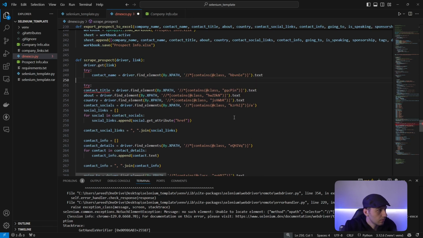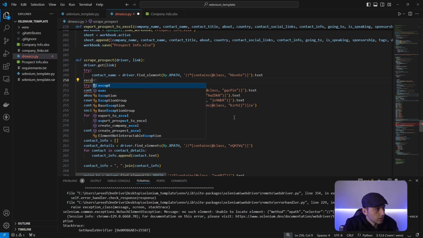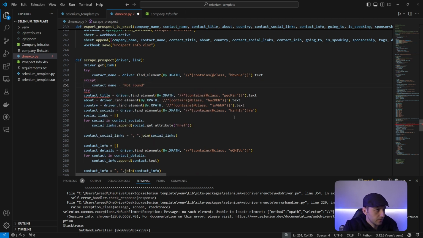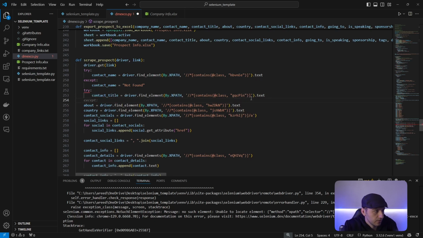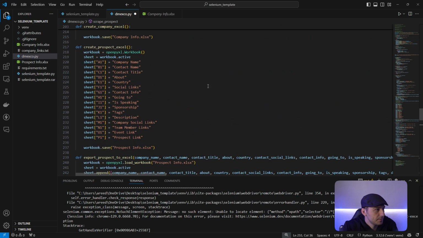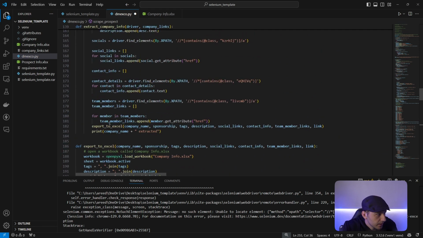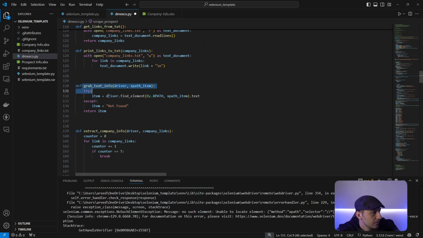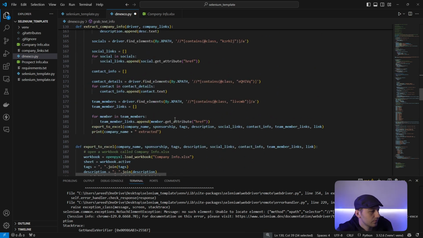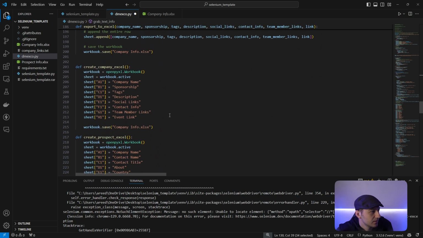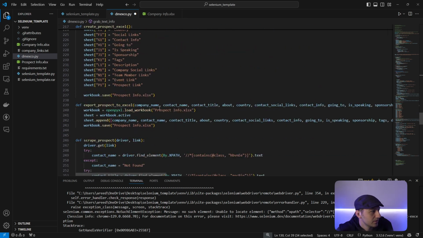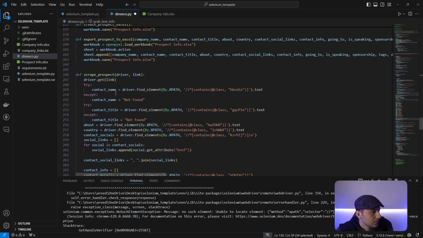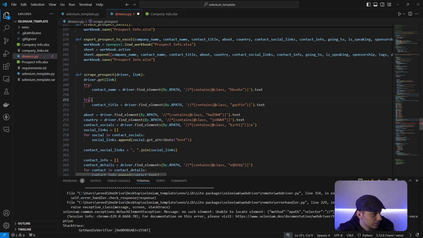What are you doing now? Because it's going to error if it can't find the stuff, right? If it can't find the element. So we have to do this, which is basically the same thing we did up here. Actually, I believe we made a function for it yesterday. This, map text info. So we can actually just use that. Unless it's a link. Unless it's a link, yeah. So instead of writing all this code, we could just go